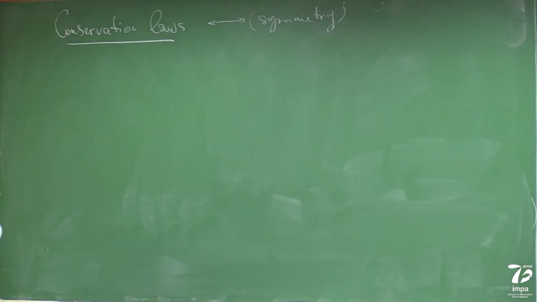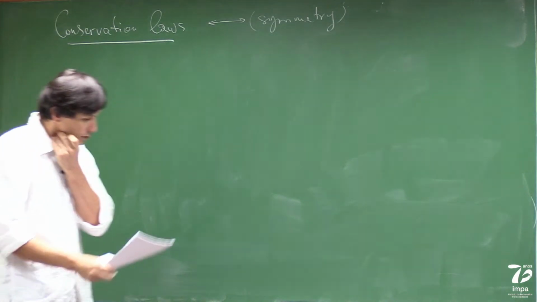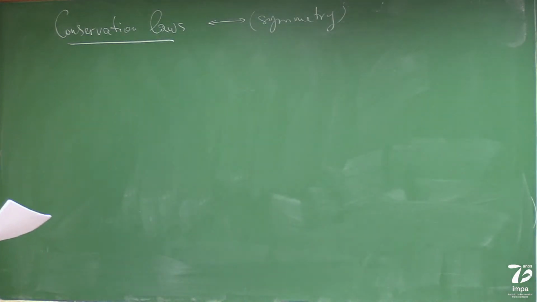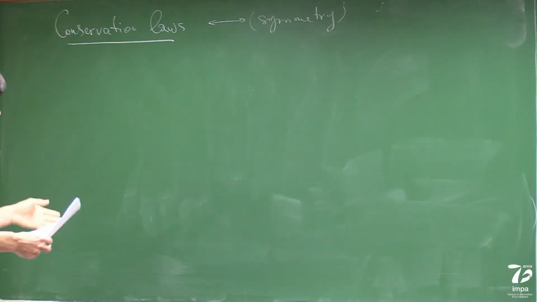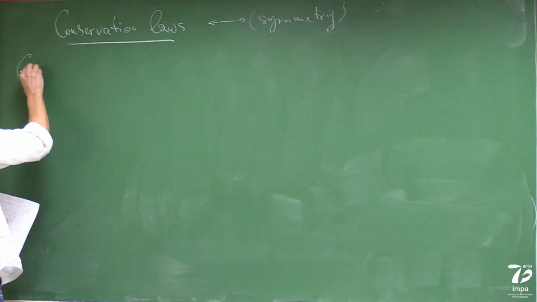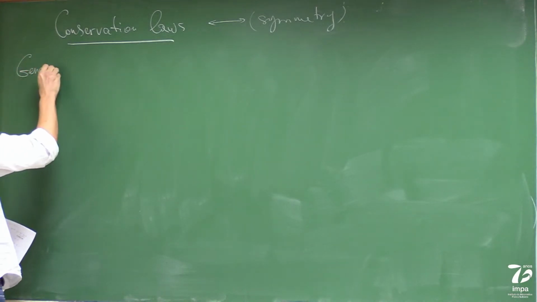Okay, so not any symmetry. So first we have to find what are the symmetries we're interested in, and before that, let's make a little bit more rigorous the formulation of what is a generalized coordinate. So generalized coordinates,